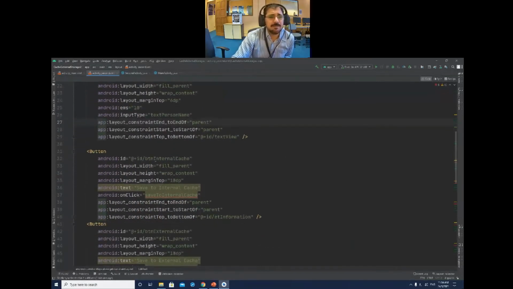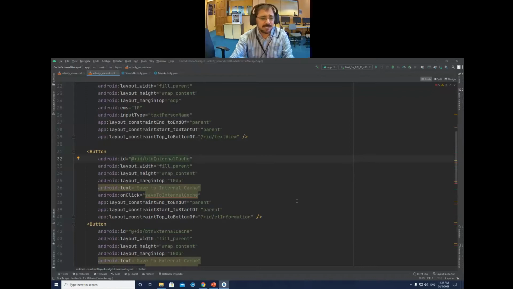Okay, this one btn internal cache. So I will just change it to btn read from internal cache. Okay, and this one, the text I will change also to read from internal cache, and the click event I will also change to read from internal cache.